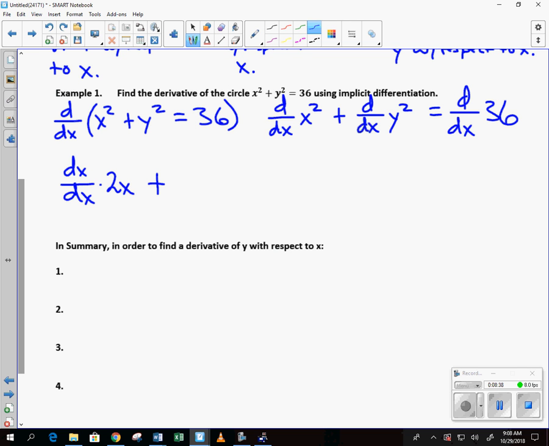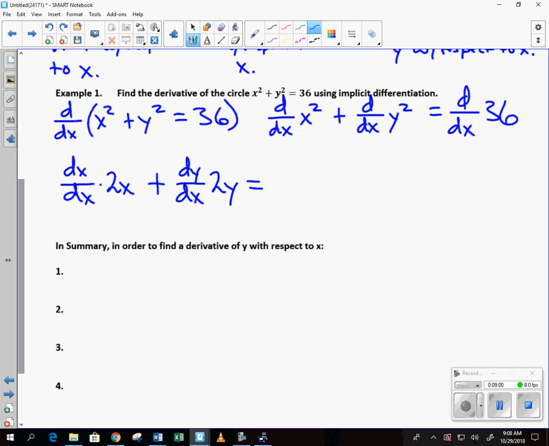Look at this part, okay? What's the derivative of y squared? 2y, okay? Notice what happened to the y squared. The power reduced by 1. You could absorb that y up into here. So you get dy over dx 2y